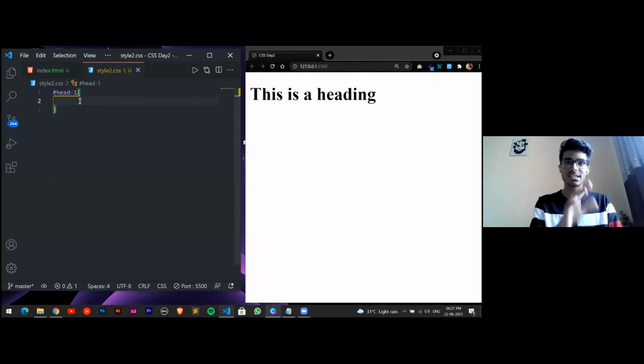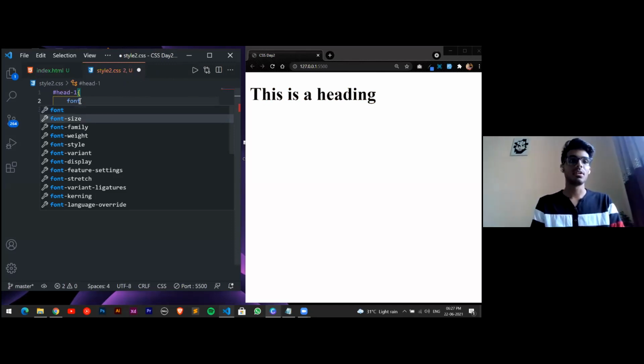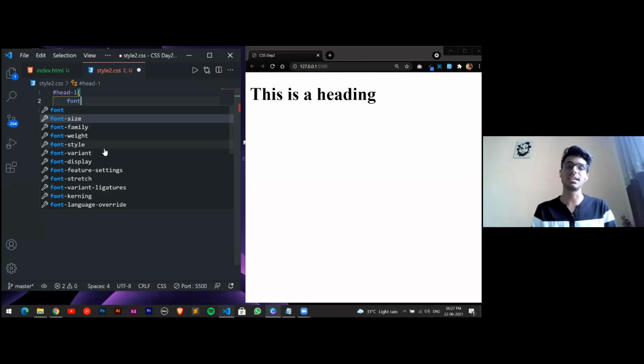Now if I want to increase the size of this particular h1, I'll give font-size. As you can see, all the properties are displayed over here, and majorly we use font size, font family, and font weight. These are the properties which we use majorly. The other properties are used only if we need something specific in our styling. Otherwise, the framework we are using ahead, the Bootstrap framework, itself provides everything to us. So we don't need to write these classes or any code.